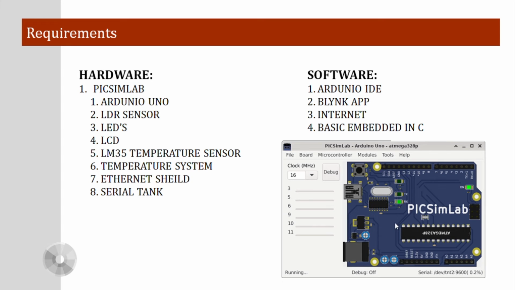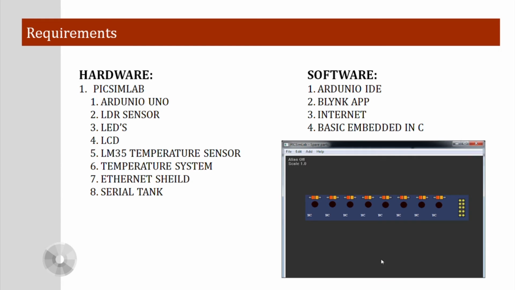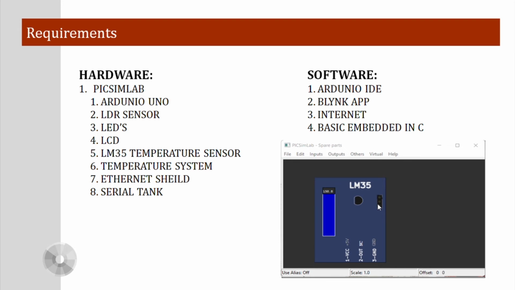the Proteus Lab simulator. So this is the Proteus Lab interface. This is the Arduino board, and next is the LDR, a sensor for garden lights, and these are the LEDs which will be assumed as garden lights in this simulation. And next, this is the LCD display which will print the messages, and this is the LM35. This is used for the temperature control system. We will see these requirements' uses,